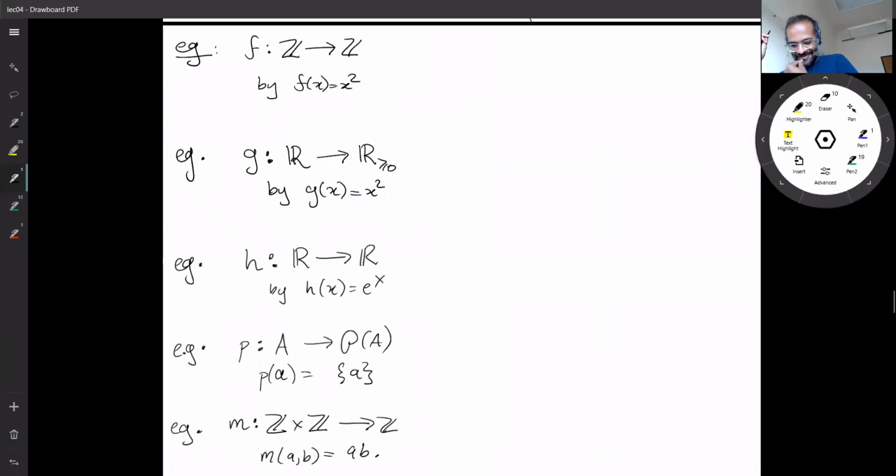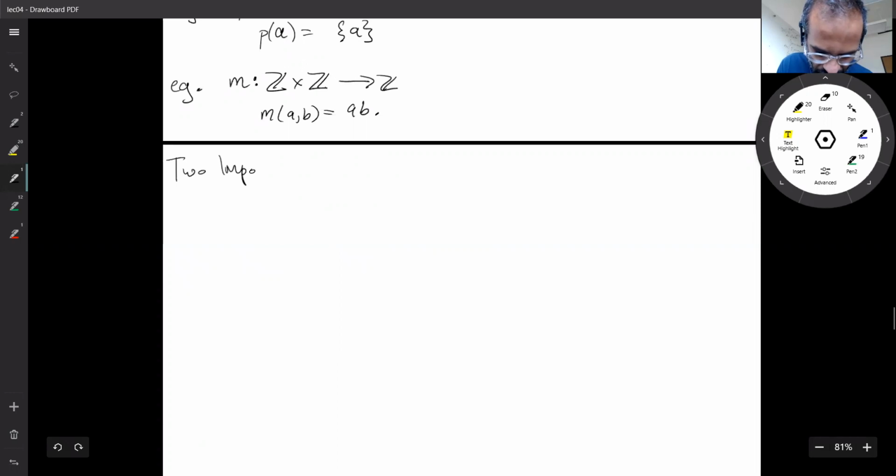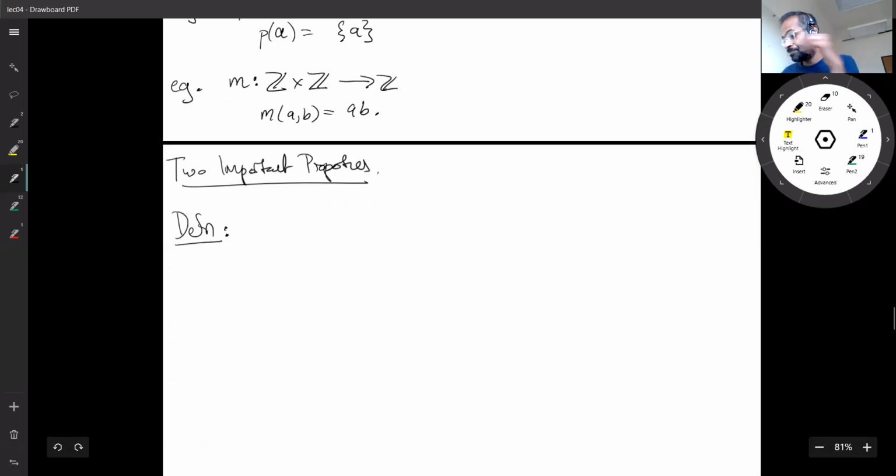Okay, so that's what a function is. And in the rest of this lecture and in the course, we're going to emphasize two properties of functions. So any questions about this so far? Okay. So here are two important properties that a function can have. So the first one is, a function f from A to B is onto, also called surjective,